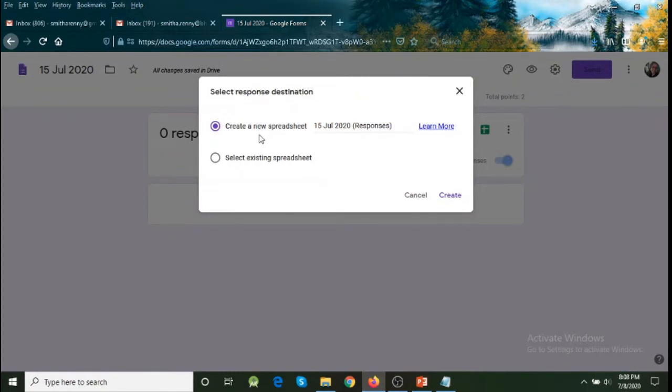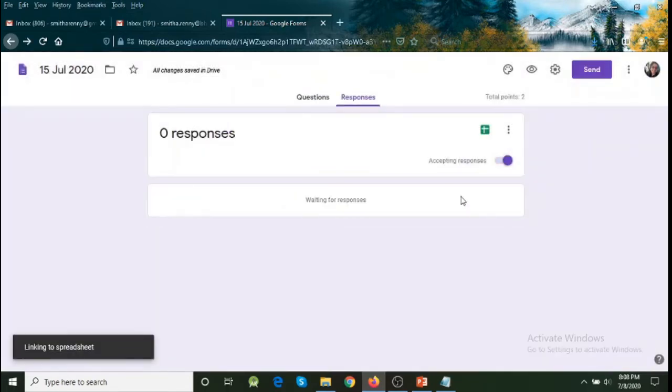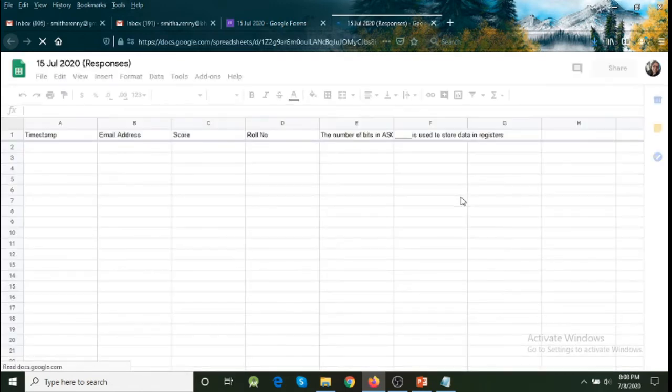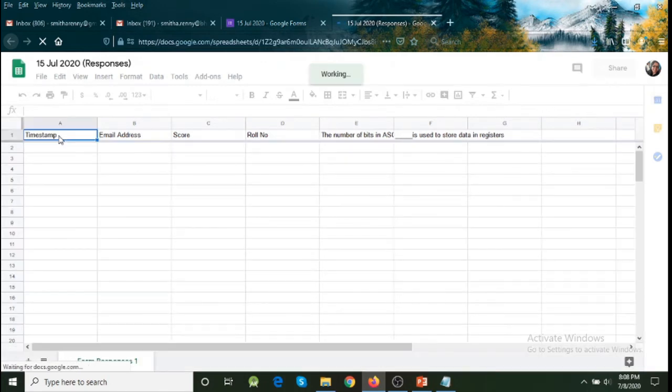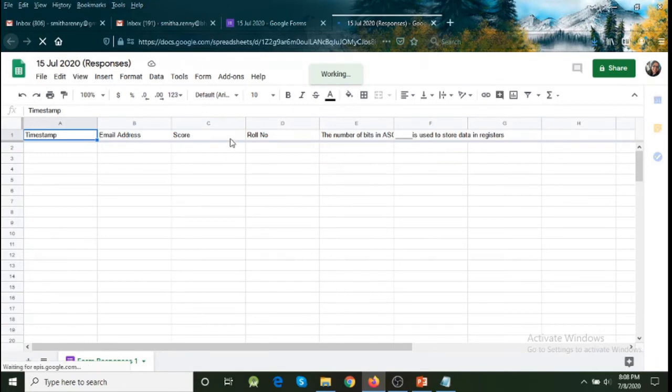It's always a good idea to create a new spreadsheet, because it's an attendance that we're taking, so every day it has to be separate. So click on create new spreadsheet and click on create. So it will show you a spreadsheet which it will create with a timestamp field that it has added, email address you were already taking, score for the